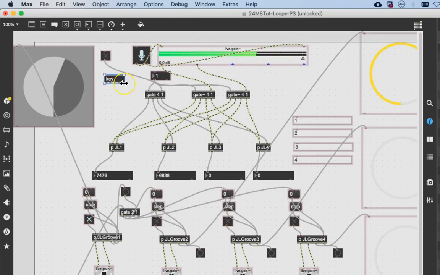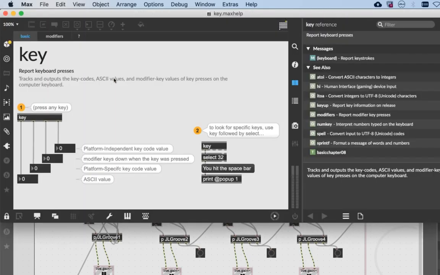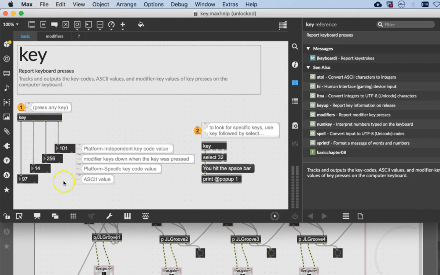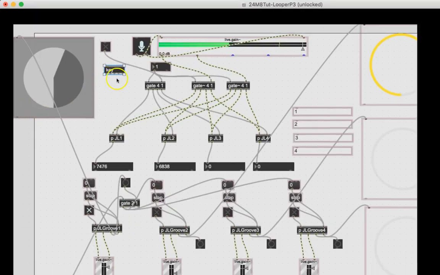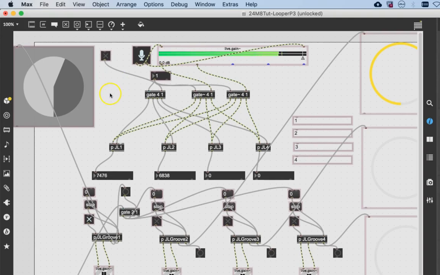Now, you don't really get all that much more from using the help file, but you can if you want, so I may as well show people who aren't familiar with this. I just option click on this, and I see this over here in the help file. Oh, look, if I press an A, I get these numbers. If I press a B, I get this, etc. And hey, I don't feel like making all these boxes myself, so I'm just going to unlock the help file, steal the things that I want, copy them, close the help file, delete this one because it's lame, and then